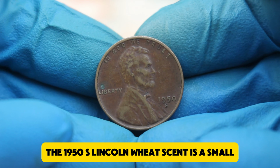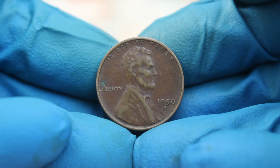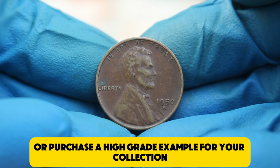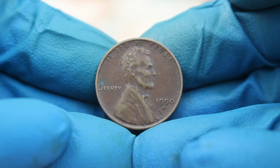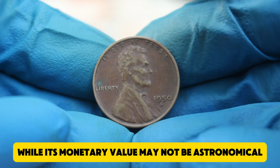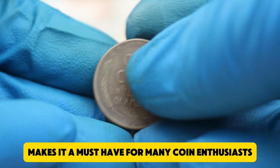The 1950s Lincoln wheat cent is a small but meaningful piece of American history. Whether you find one in your pocket change or purchase a high-grade example for your collection, it's a coin that represents both the legacy of Abraham Lincoln and the evolution of U.S. currency. While its monetary value may not be astronomical, its historical and sentimental worth makes it a must-have for many